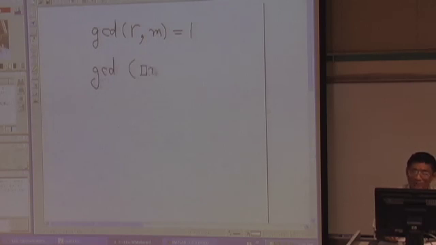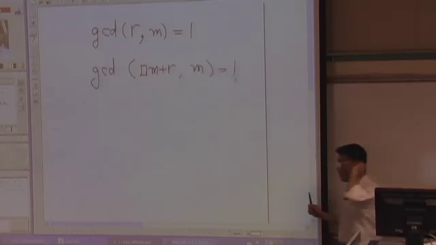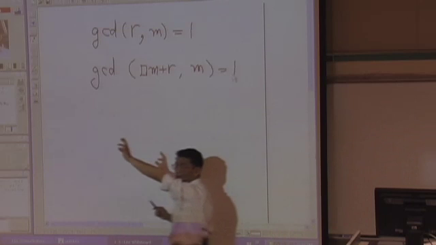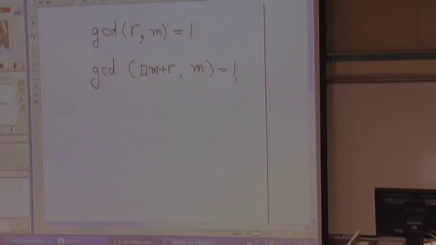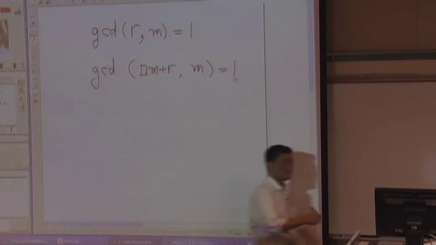Any m multiple plus R and m is also 1. That means once top number is qualified with respect to m, then any number in the column is qualified with respect to m. Because of this,